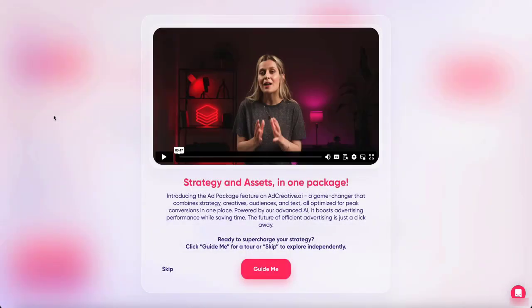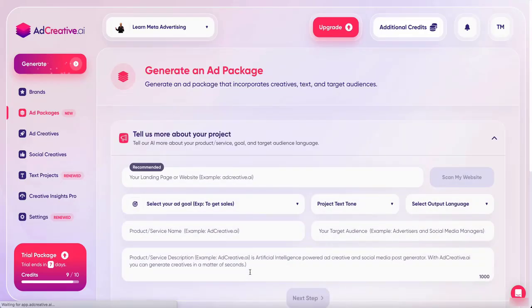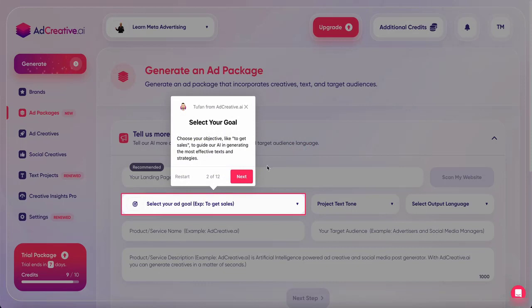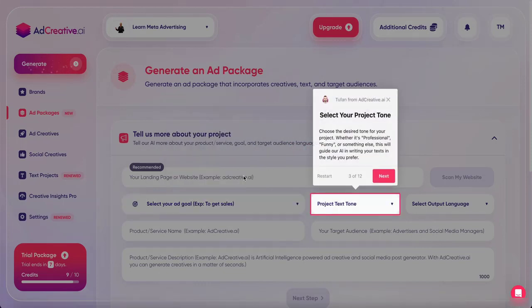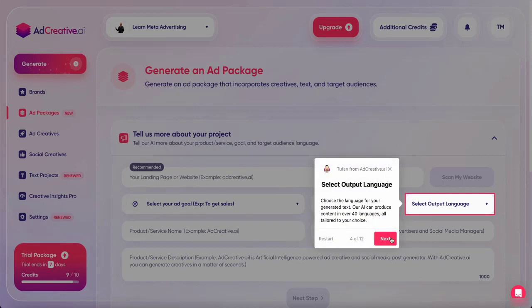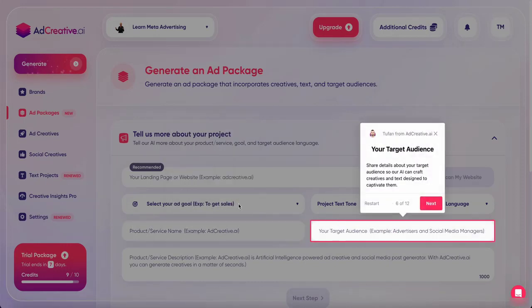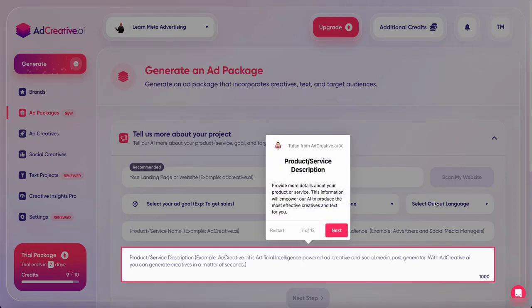You can create assets in one package and you are again very much guided. If you want, you can scan the landing page and set the goal to get sales. You can decide on the tone and language, and step by step describe the audience and the product.